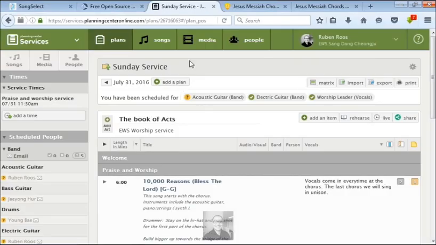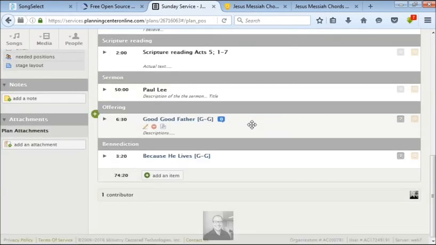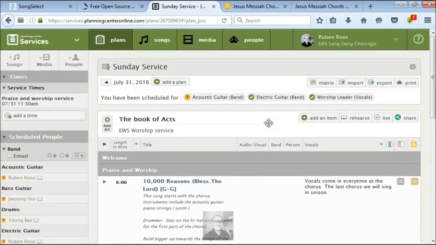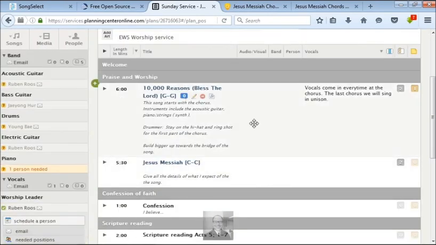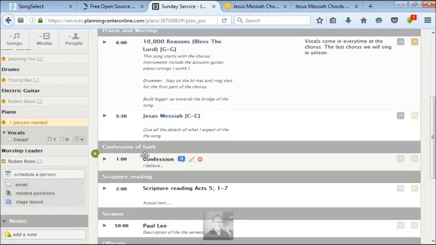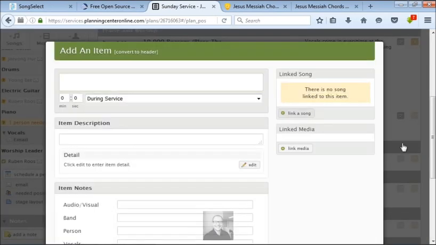I know that it's a mouthful and it seems like much, or a lot rather, but at the end of the day, as I mentioned earlier, you know, within the first 3 months it might be difficult just to get everything connected, everything ready, everything set, and maybe a little bit more work, especially if you are loading up new songs. But you know, if the song is already there and you need to add a song, you saw it's very easy. You link a song,